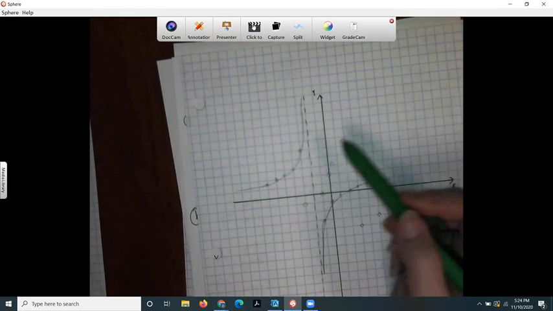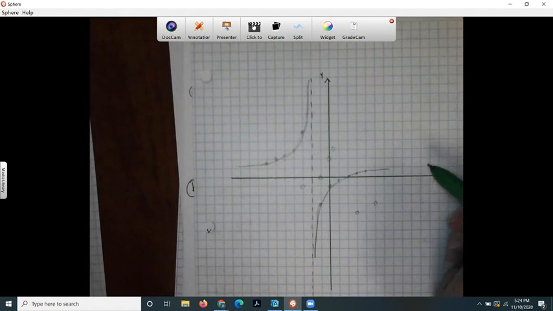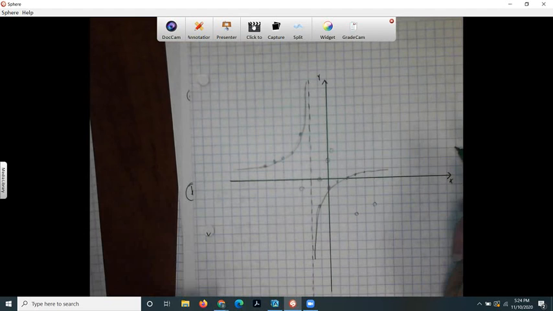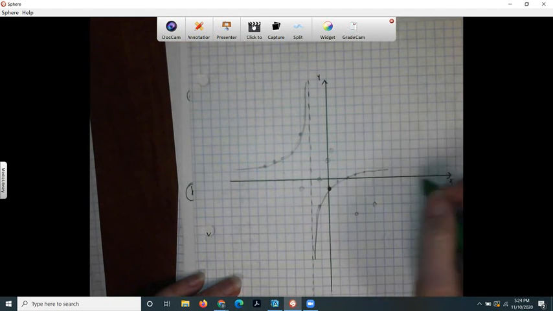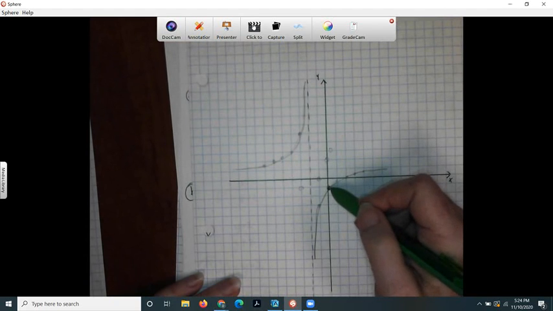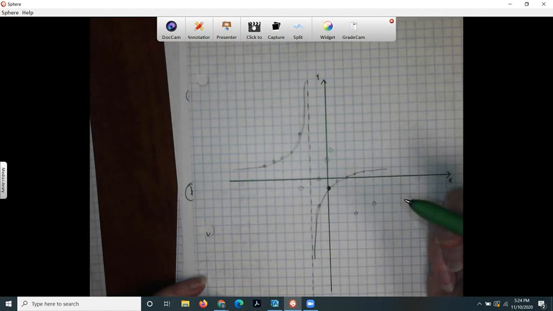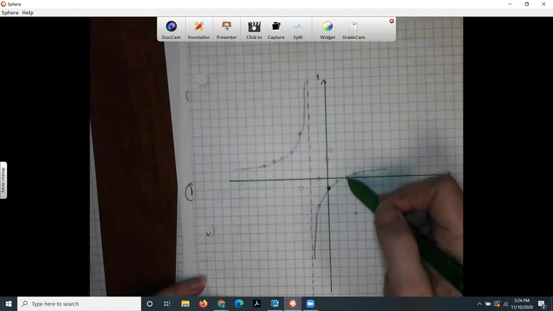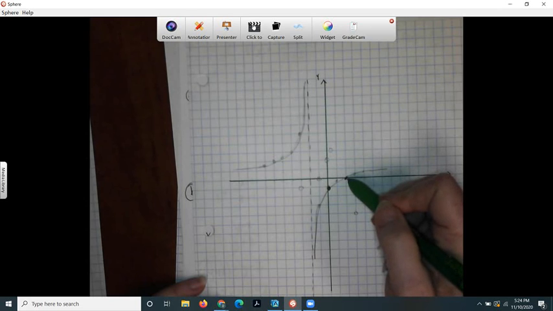I got some points, but it wasn't really obvious where the graph was going, and it's telling me to make a complete graph. So I do have a y-intercept right here at 0, -1,